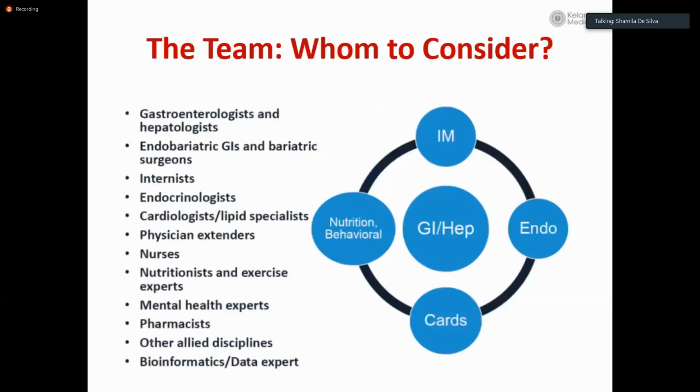So these patients are ideally managed in a multidisciplinary team. And who will be in this team? GI hepatologist will be there, internal medicine physician, endocrinologist, cardiologist, nutritionists, behavioral specialists, and various other people to get these patients to adhere to and maintain lifestyle modification and reach the lifestyle targets, which is the most important management step in